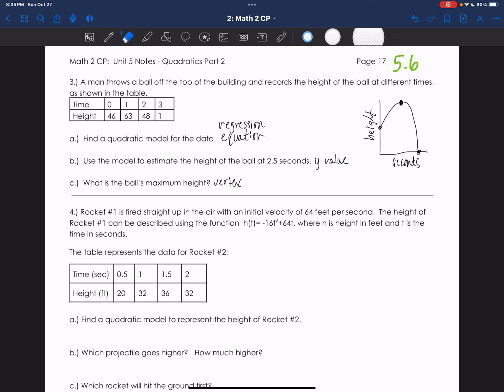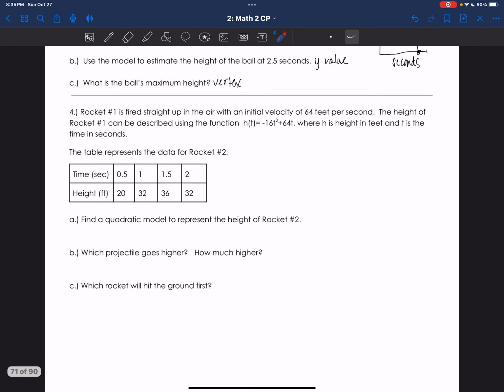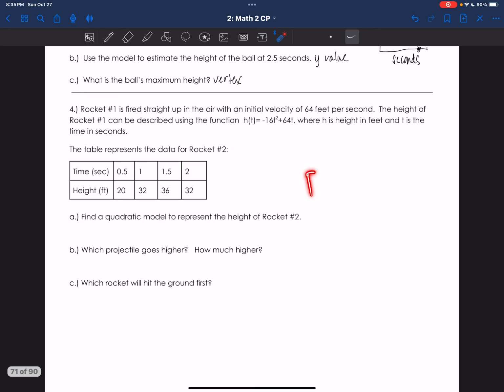And then it says use the model to estimate the height of the ball at 2.5 seconds. So that's going to be your y value. You're going to look at 2.5 seconds and you're going to go up here and then figure out what that is. And then it wants to know what's the maximum height. Maximum height would be your y value of your vertex. So again, it's looking at the information and it's interpreting it and using Desmos. And then you're going to take this information and plug it into Desmos